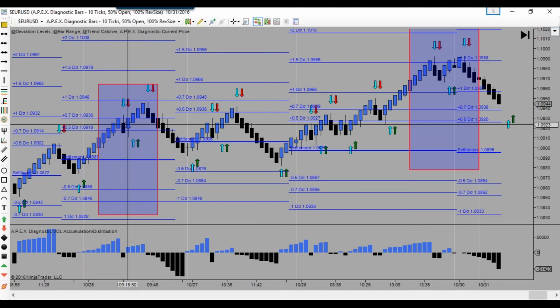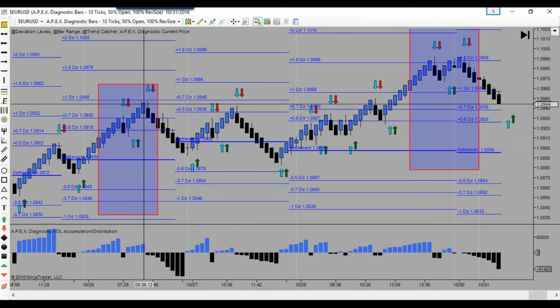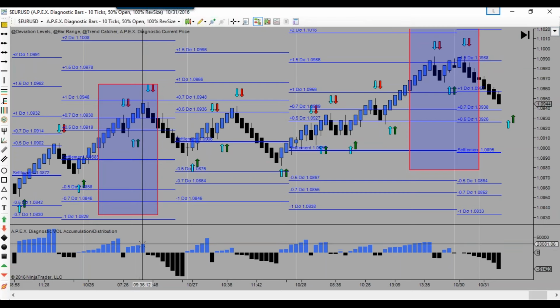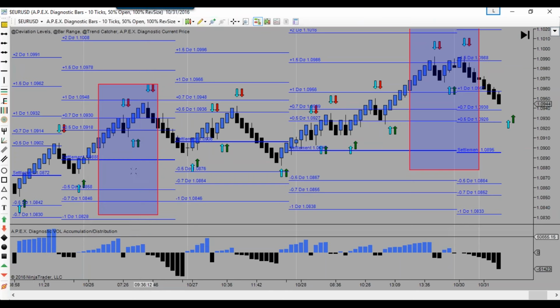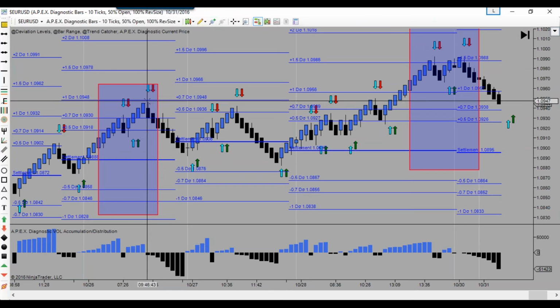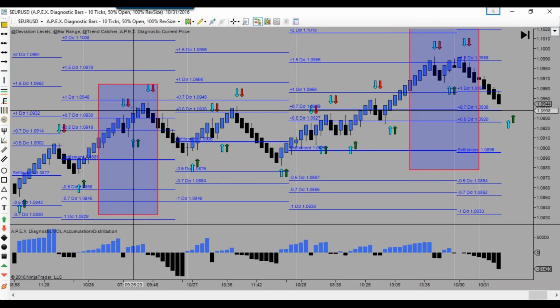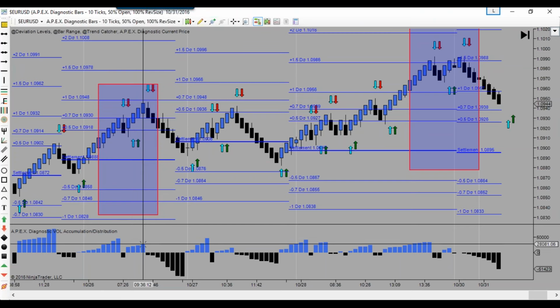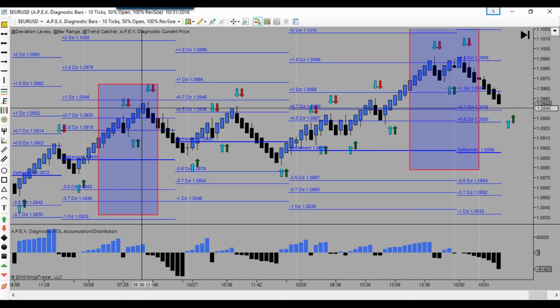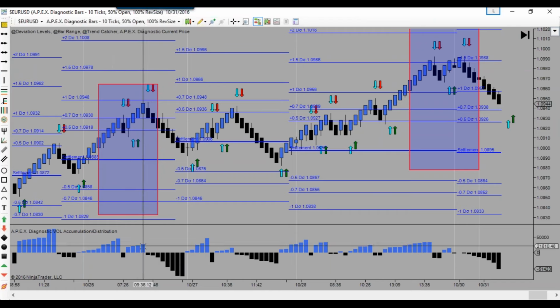But check out the second part of this trend, the second push up. Lower volume in that trend, right? So what happened there? The market made a higher high. This was the high, made a higher high, but with less volume. Okay? And when we see that happening, for example, the market making higher highs on less trend volume, what could